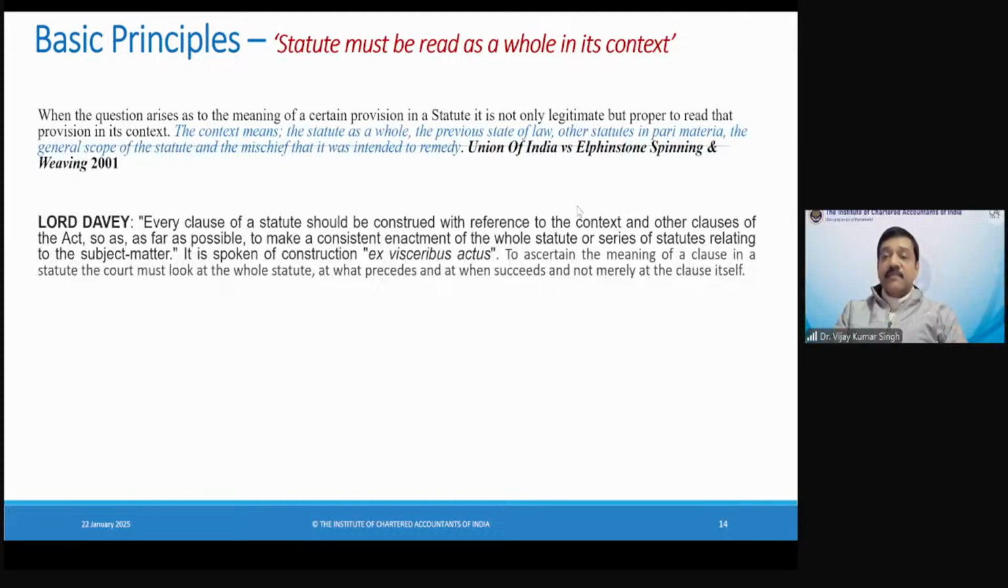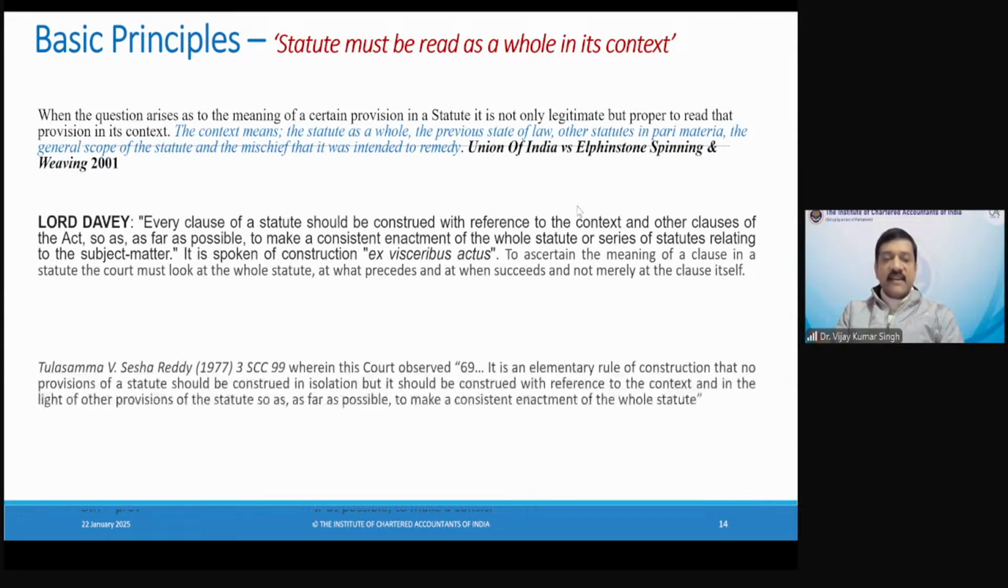To ascertain the meaning of a clause in a statute, the court must look at the whole statute, at what precedes and at what succeeds, and not merely the clause itself. So you cannot just pick up one clause and then interpret that particular statute. You have to see that clause in the context of the whole statute. So this is what Lord Davey said, and this got